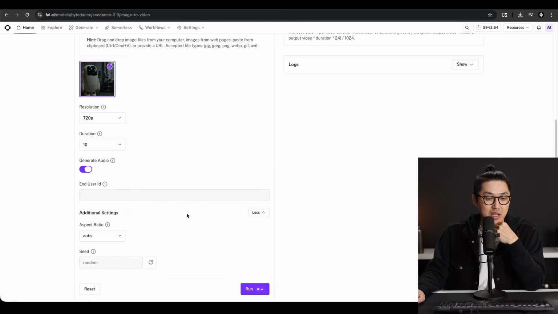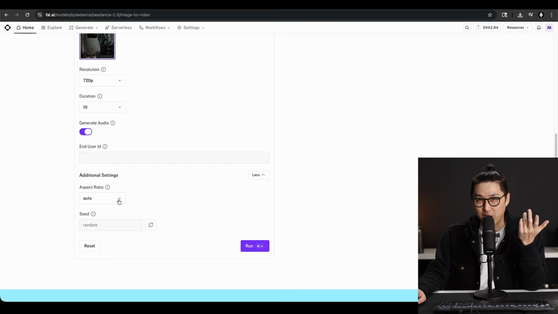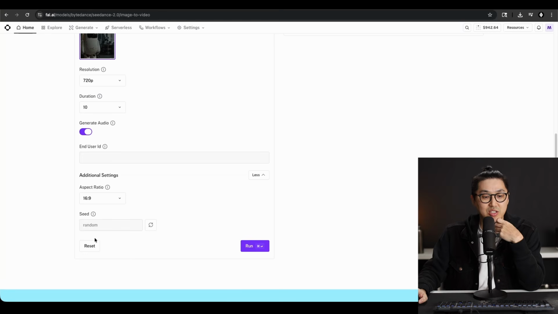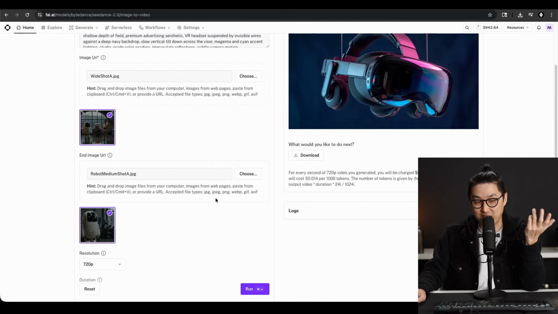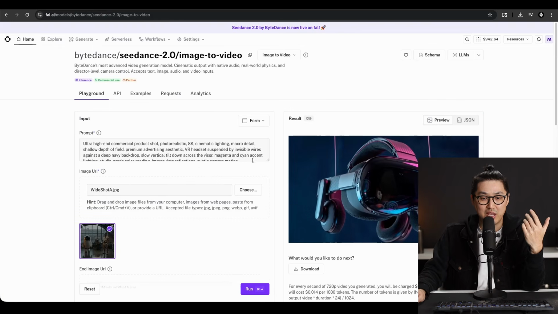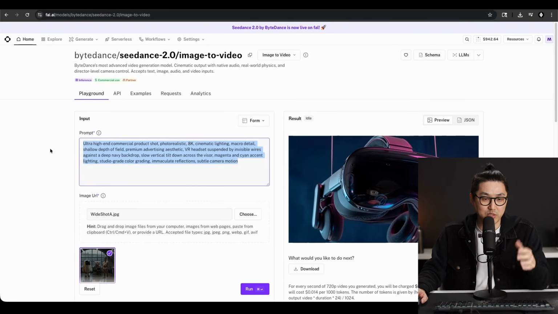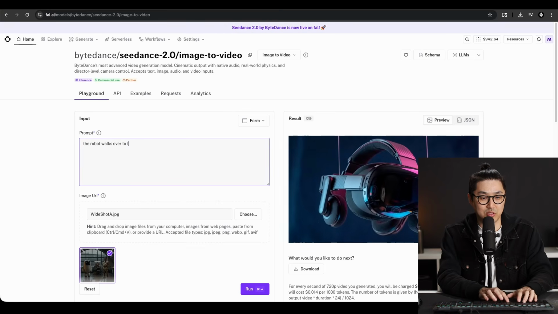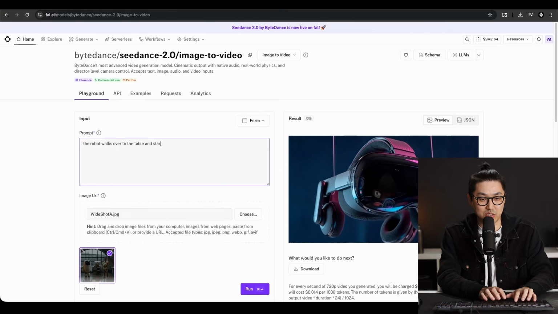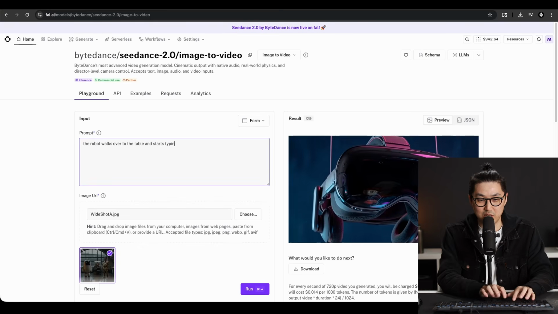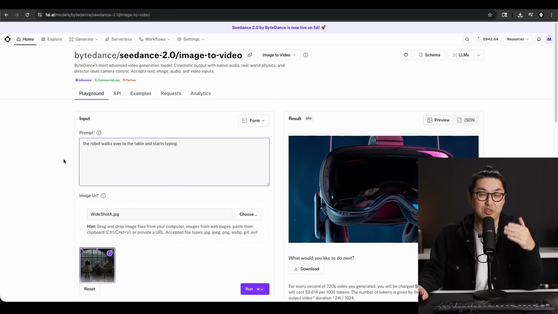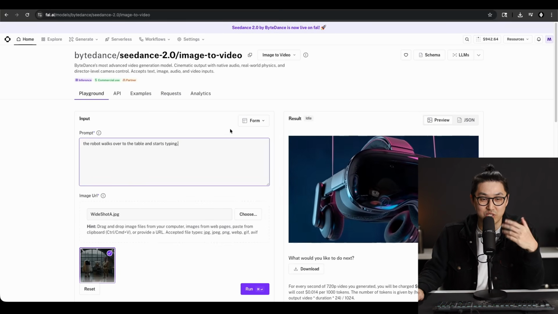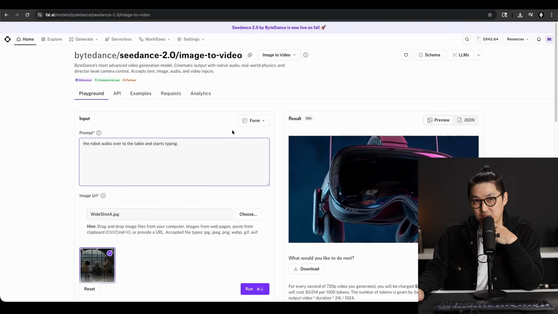Might as well. And for the most part, we could leave the aspect ratio at auto because you're using two images. I suppose if they were different images, you'd have to designate. But it wouldn't be bad to just say, hey, this is 16 by 9 as well. So again, first frame, last frame, and then we would put our prompt in. My prompt was something like the robot walks over to the table and starts typing, right? Really, really pretty basic. It's mostly about talking about the transition between the first and the last frame, what happens in between, and what's the action there. So let's go ahead and look at that end result.